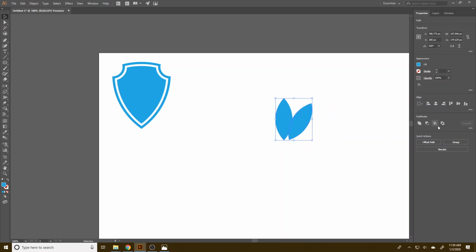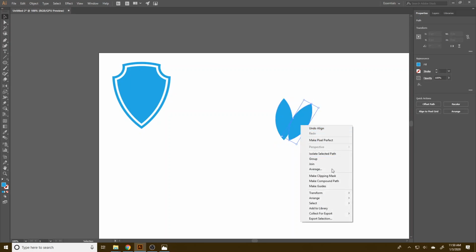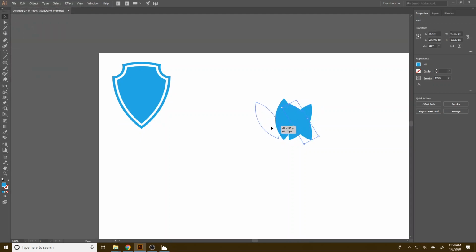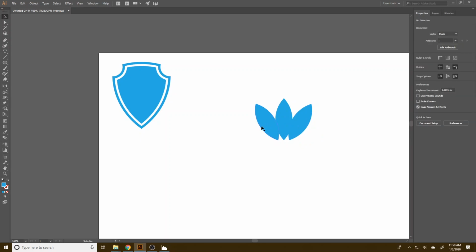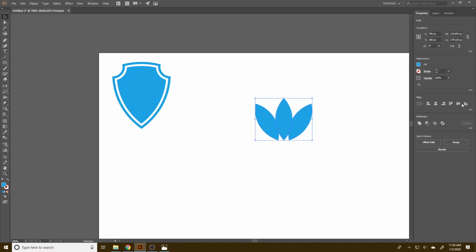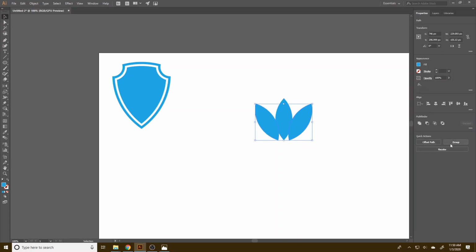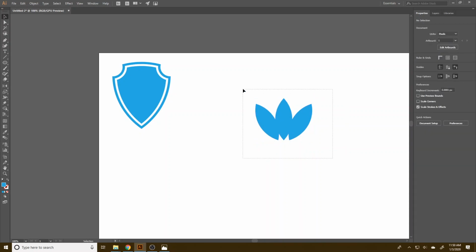I can select both of these, and make sure they're under the alignment here, vertical line towards the bottom, and I'll right-click on this, transform. In this case, instead of pressing rotate, I'll press reflect, and I should have it be vertically reflected, and I'll press copy. And once again, I'll drag this over this way here. And once again, just to make sure everything is aligned, I'll align on the bottom here, and I'll select these 2 guys right here and group these, and then I'll make sure they're all aligned vertically, and then from here I can unite them. And so now we have that little flower sort of thing there